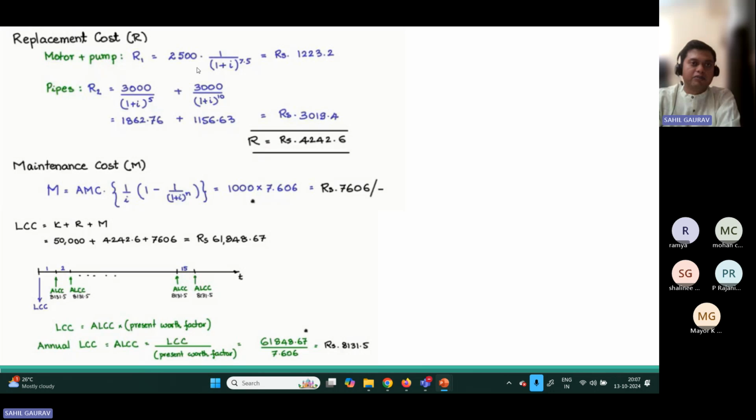So you have to multiply by the present worth factor. If you know the value of this motor, then what should be the amount you need today? So the present value of money should be multiplied with this present worth factor. So you will get the motor and pump replacement cost. Similarly, you can do the annual maintenance cost calculation, and then you get the LCC, the life cycle cost,